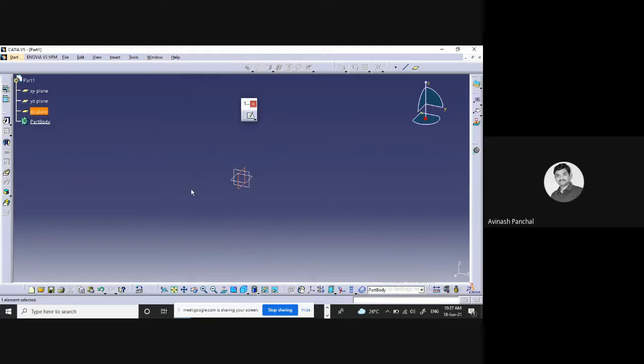Okay, so we can see here this is your working window. Okay, this is all your working window, this is the plane, and this is your tree. Okay, which is showing you everything that we are creating over here, whatever the activities we are doing, that will be shown under this tree. Okay, and it is called the specification tree. We can change the name of this part from here also. Okay, you can lock this window from this. Okay, so I will again activate it.